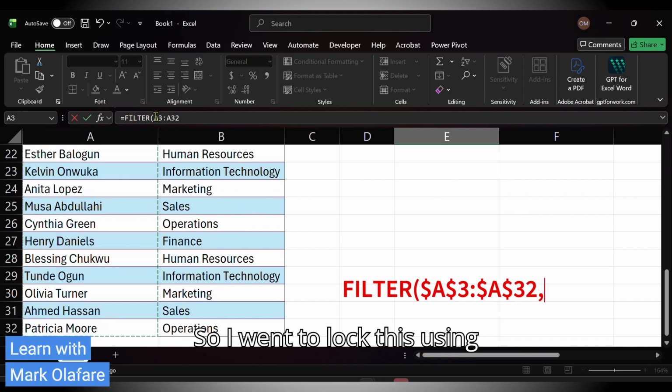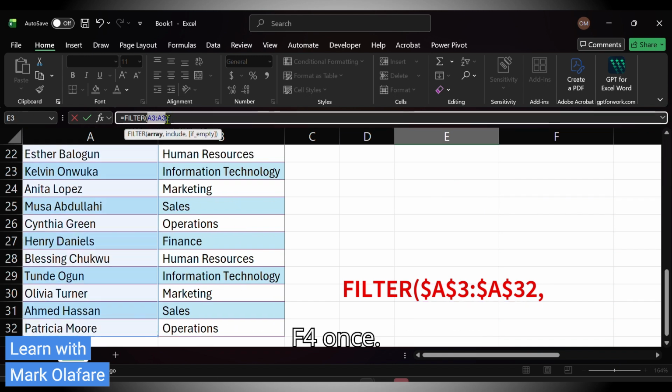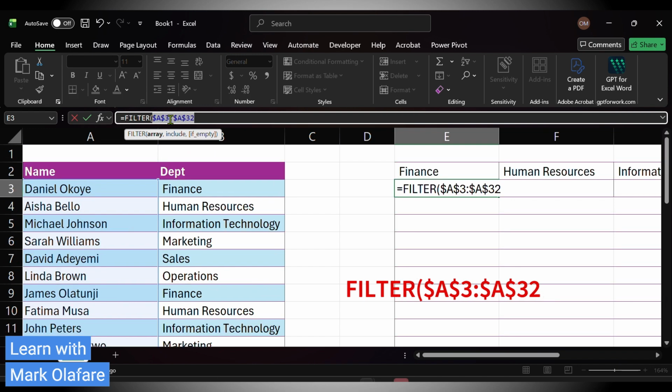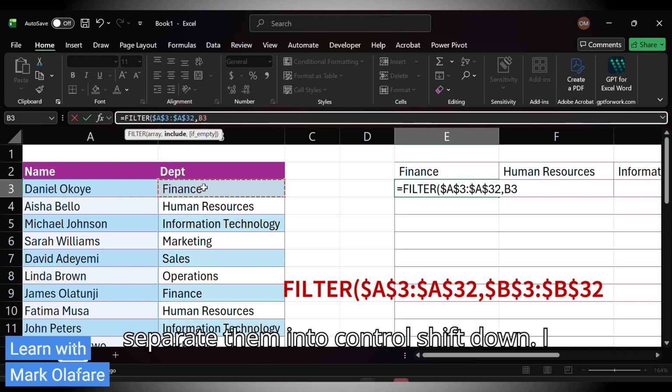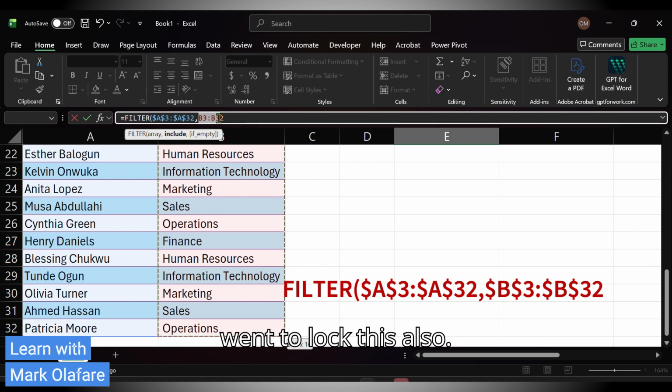So I'm going to log this using F4 once, then comma, then the include is the department we want to separate them into. I'm going to shift down. I'm going to log this also,